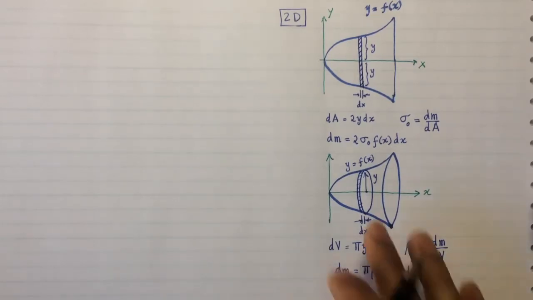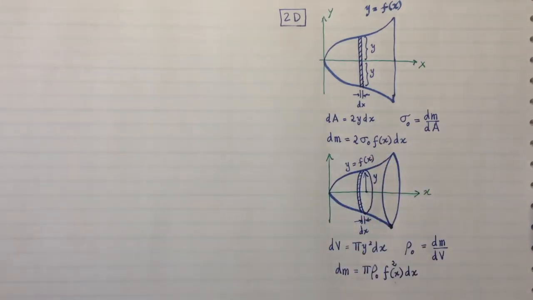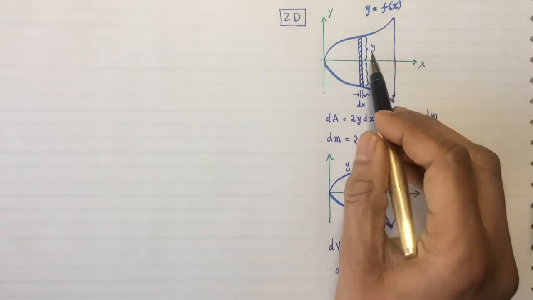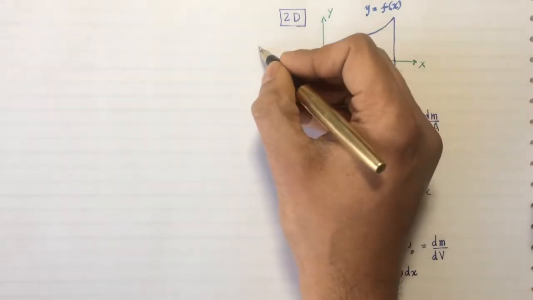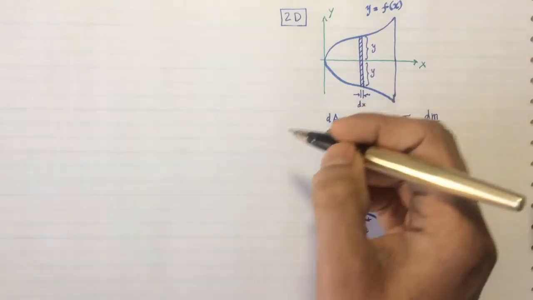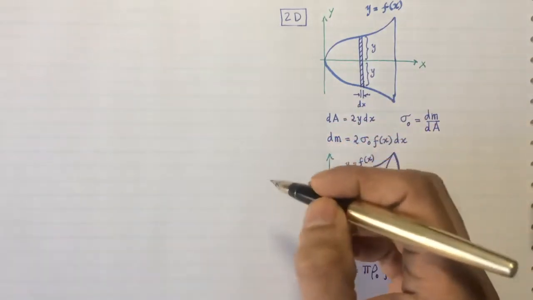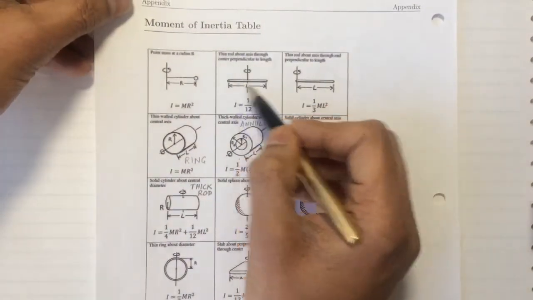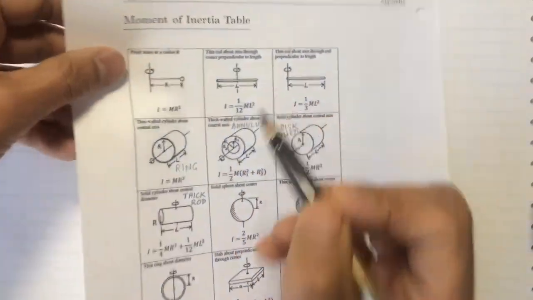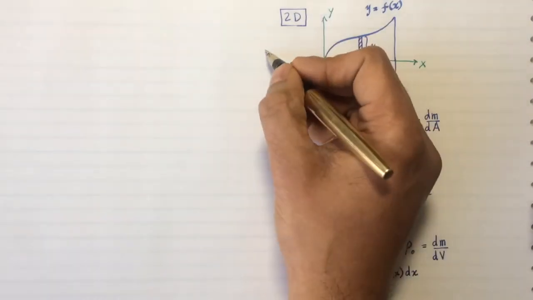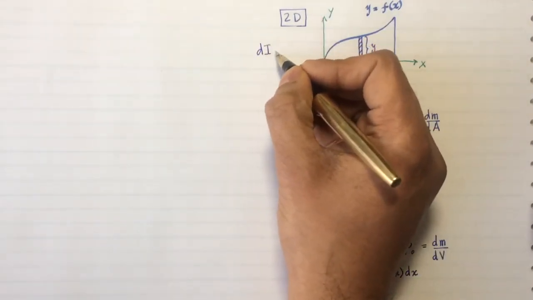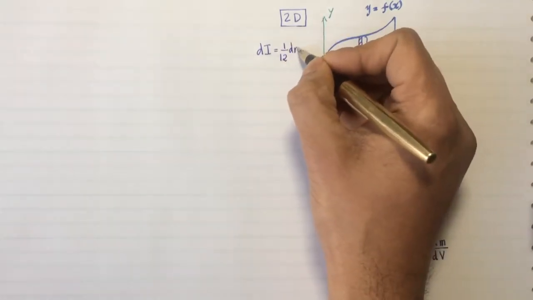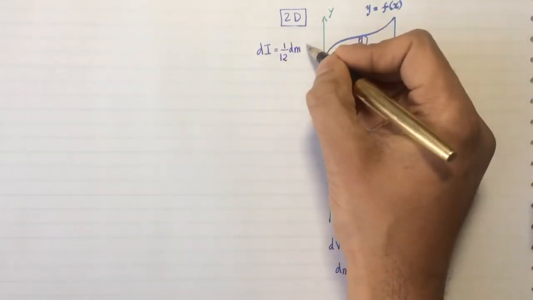So that's the basic setup, and that gives you the mass elements. Now for the moments of inertia, we're going to consider the moment of inertia of this 2D object. It definitely resembles a rod pivoted about the center, and if you look at your moment of inertia table, the moment of inertia of a rod pivoted about its center is 1/12 ml squared. So I'm going to use the mass element dm for this to be 1/12 dm, and the length of the rod is 2y